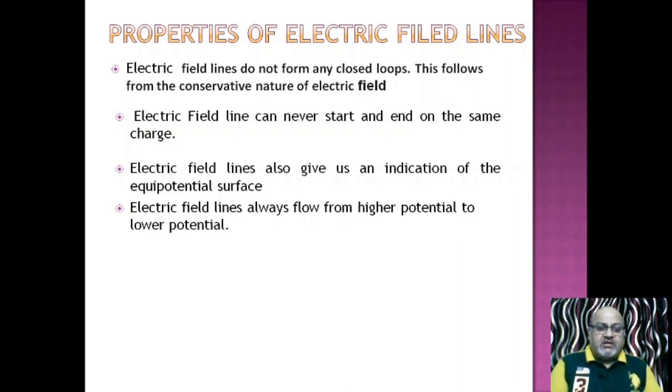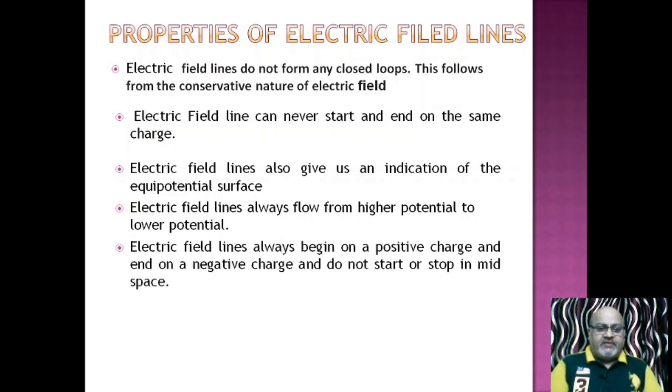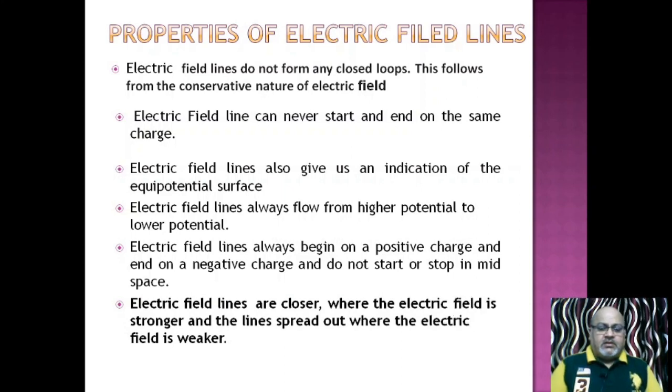Electric field lines always flow from higher potential to lower potential. So these 2 points are related with the electric potential. Now they travel from higher potential to lower potential. This is another point. Electric field lines always begin on a positive charge and terminate on a negative charge, and do not start or stop in between. They never intersect. These are the properties we have discussed already. Now, new: